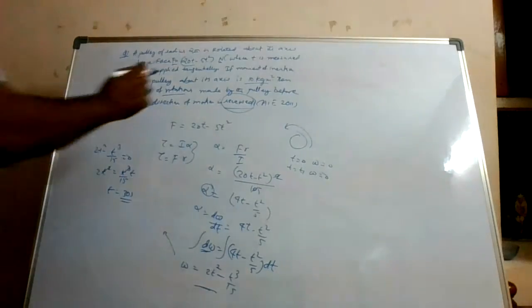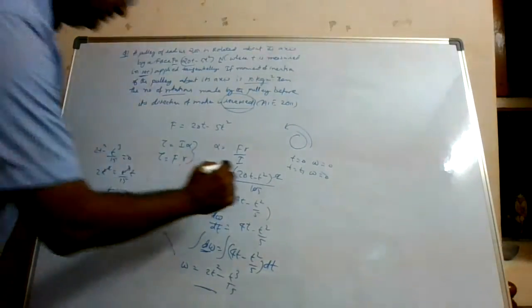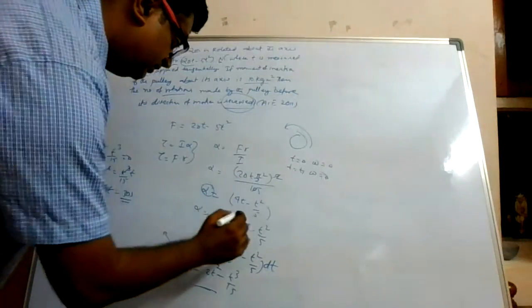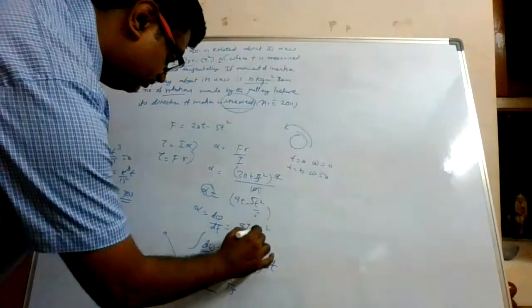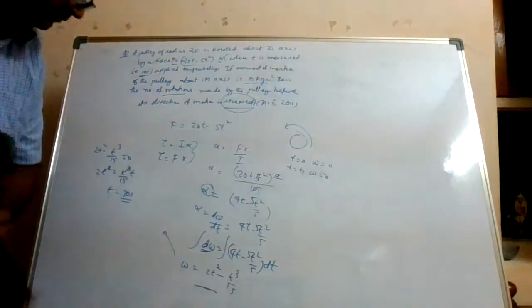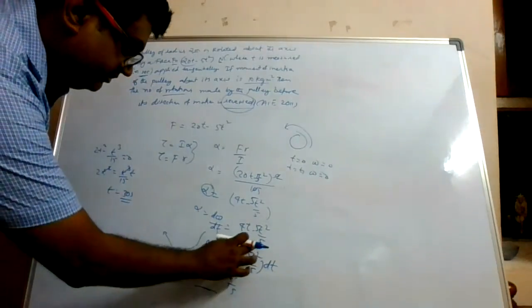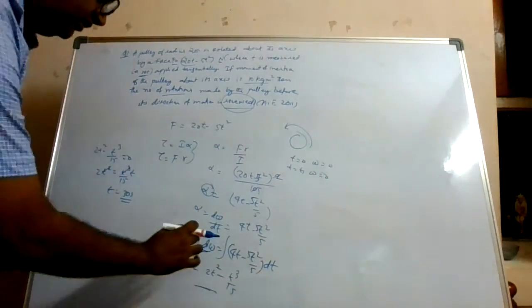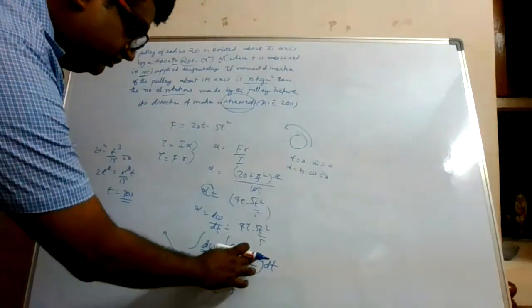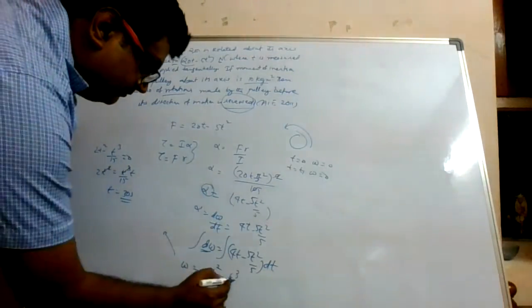Just check. Achha, here 5t square was there, which I unfortunately missed. There is another 5t square. So 5t square is there. So 5 will come, and this will become 1. See, 5t square. Okay. So this is what we are doing, integration, no? So this will become t cube by 3. 5 cancels. This becomes t cube by 3.